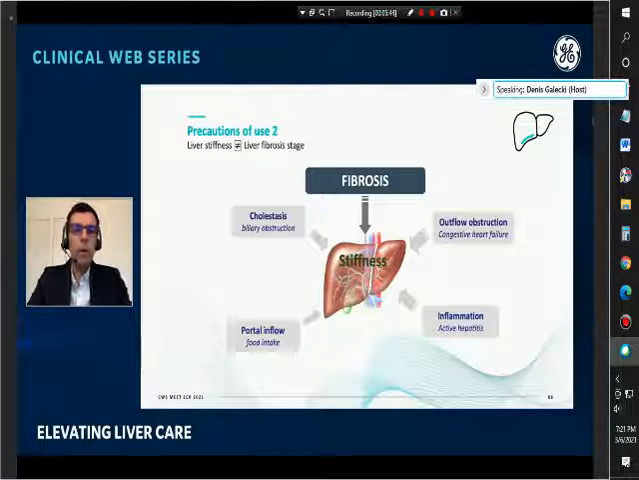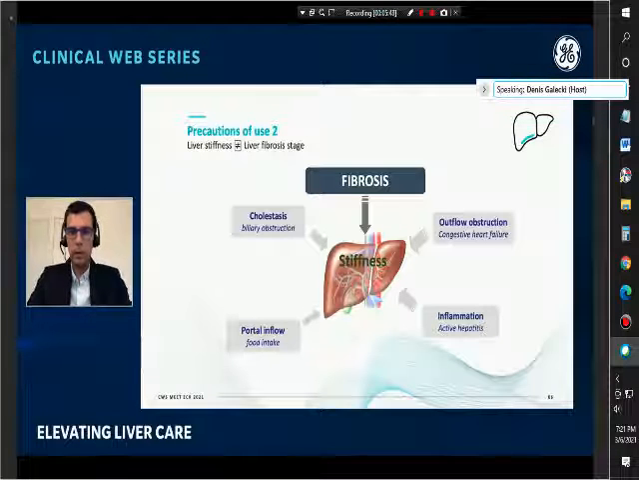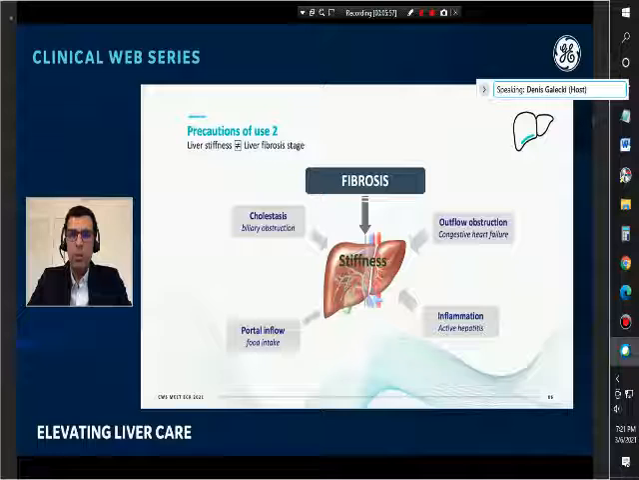Second very important point is that liver stiffness is not equal to liver fibrosis. This is probably one of the best non-invasive diagnostic tools to assess the fibrosis stage, but it remains an independent entity, an entire parameter with many confounding factors, such as cholestasis, portal inflow, outflow obstruction, or inflammation. Two of them specifically